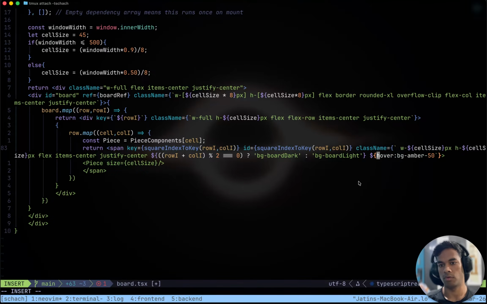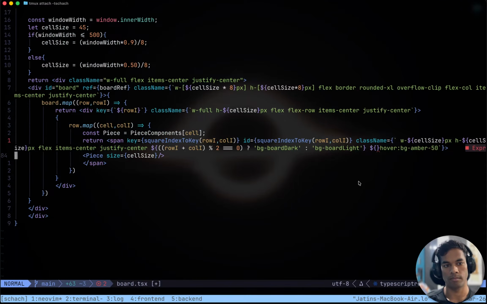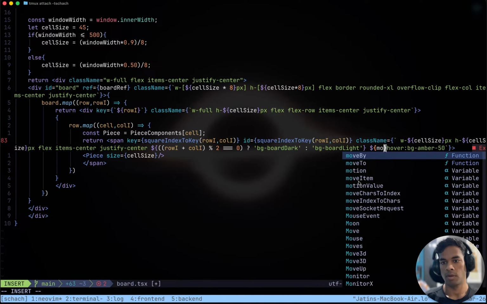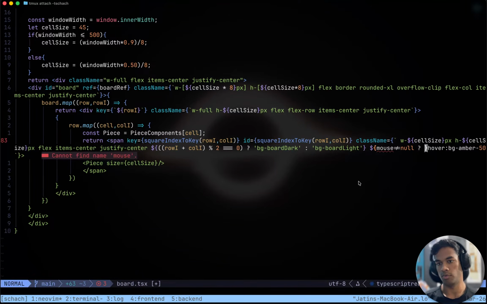Cool. So like this, depending on what was the name of the variable, square. Mouse is not equal to null. If mouse is not equal to null, then do the hover thing.